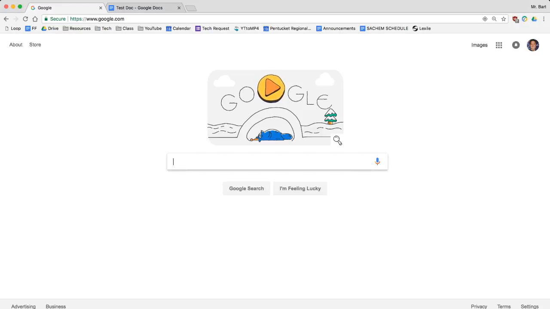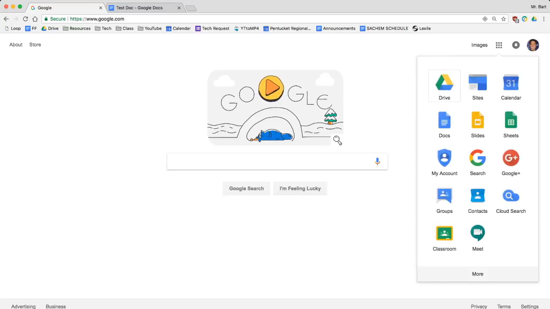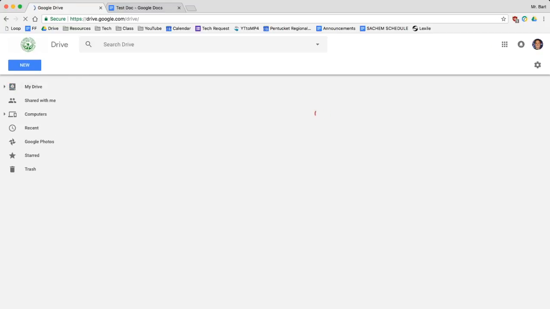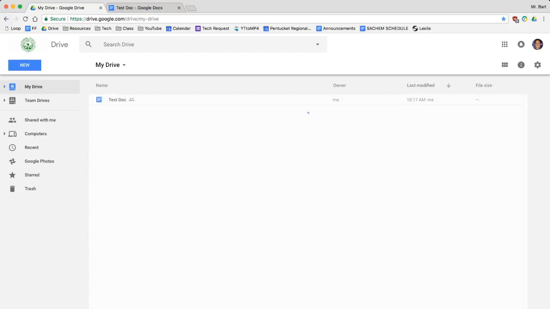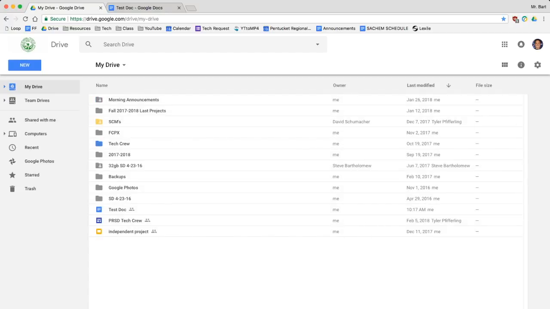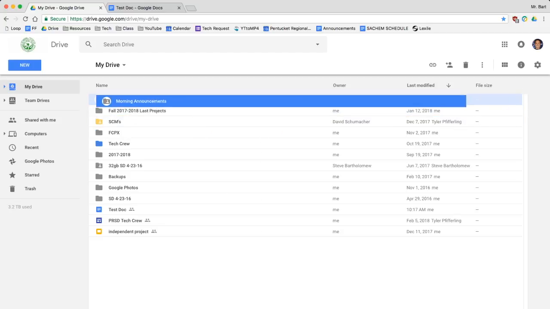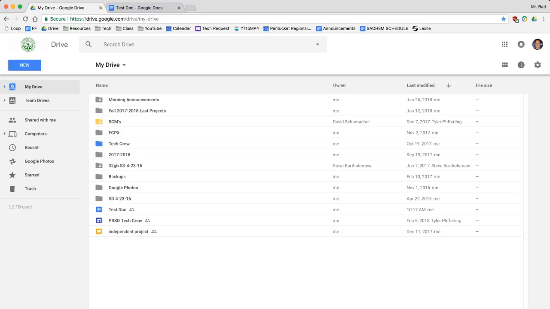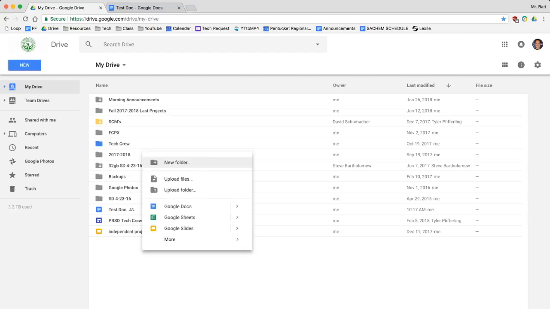So if you go on over to your Drive, again, I'm signed in already, and if you need help with that, I've created previous tutorials right here, and I'm going to go just to the Drive. And here we are. This is all mine. Yours is going to look a lot different. This is just how I have mine set up. I probably should clean it up soon, and I can easily do that by moving stuff around, but that's not for now. Alright, so if I want to upload something to my Google Drive, I just click here and upload